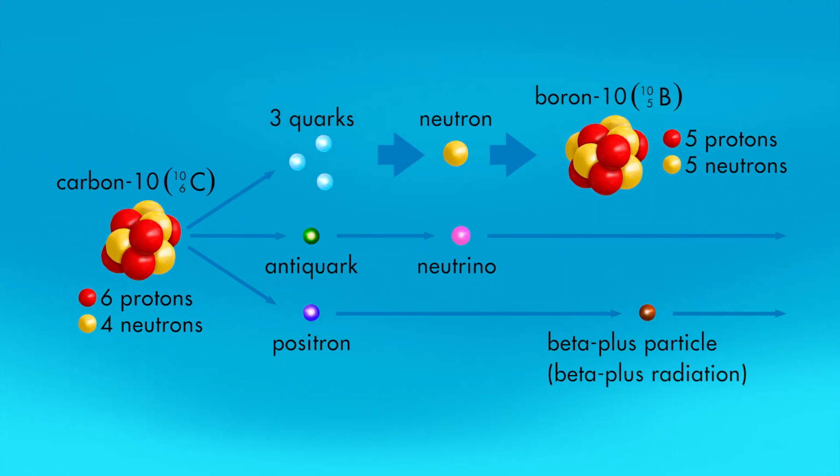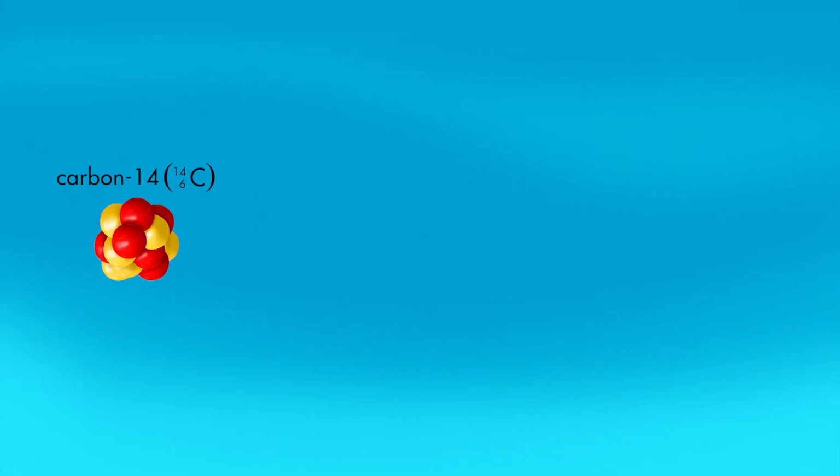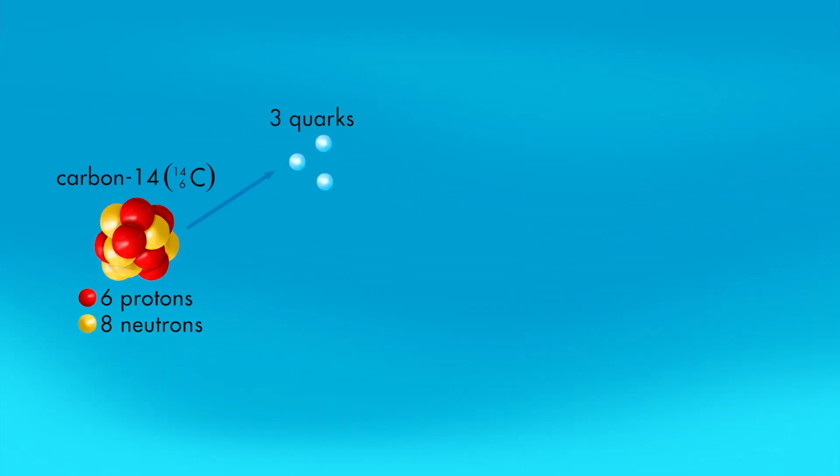Another radioactive isotope of carbon is carbon-14. The nucleus of a carbon-14 isotope contains 6 protons and 8 neutrons. Carbon-14 also emits a beta particle, but it emits a beta minus particle. A nucleus of a carbon-14 isotope has 2 more neutrons than protons, so a neutron splits into 3 quarks, an